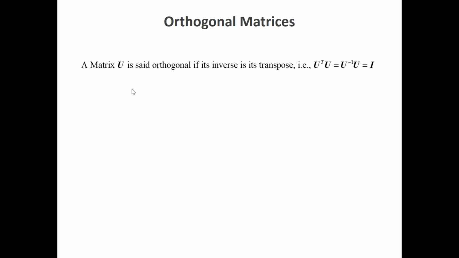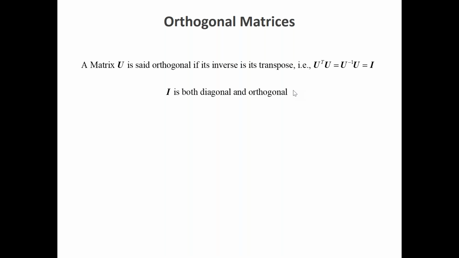And the other thing that we need to know is another class of matrices, which is called orthogonal matrices. Orthogonal matrices do not have a counterpart in regular algebra, so this is a concept which is a little bit more difficult to grasp. But in any case, those matrices have a very clear definition. Those are the only matrices for which, when you multiply a matrix by its transpose or by its inverse, you always have the identity. We have seen that this is the case for the inversion of matrices, but this is not the case in general when you just transpose the matrix. But for orthogonal matrices, this is the case.